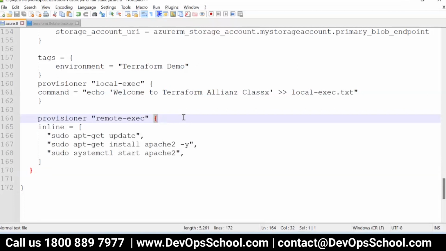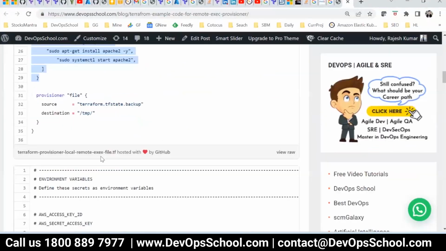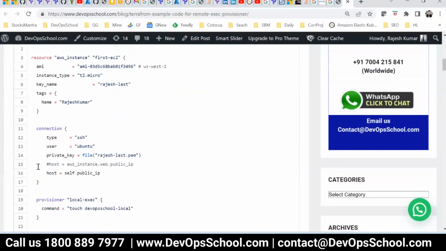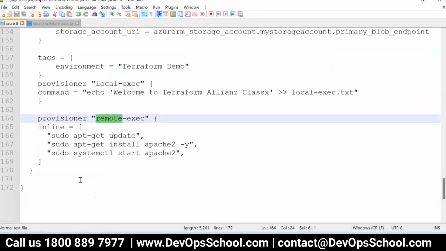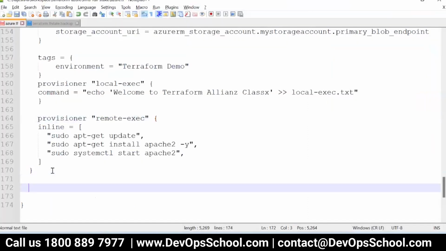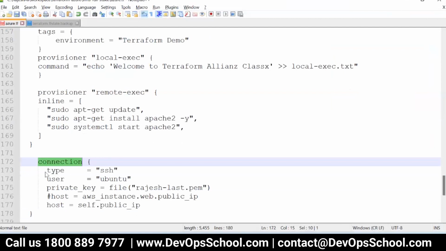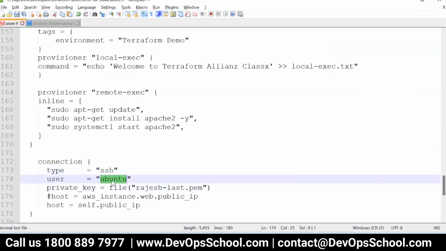Now, guys, I'm doing the remote exec, so for that I need to set up connections also. How do I do the connections? For connections, I have one code, this one. There's a type SSH. Username, I forgot.